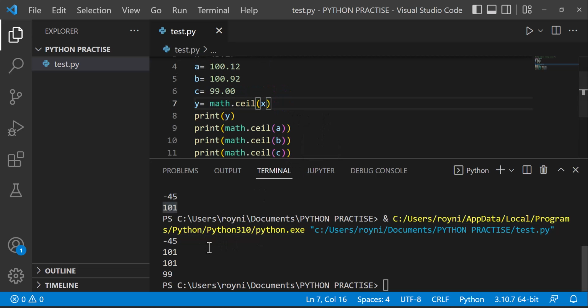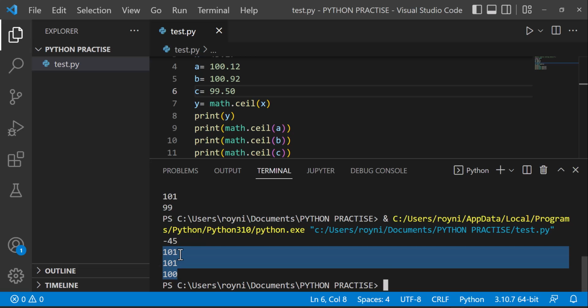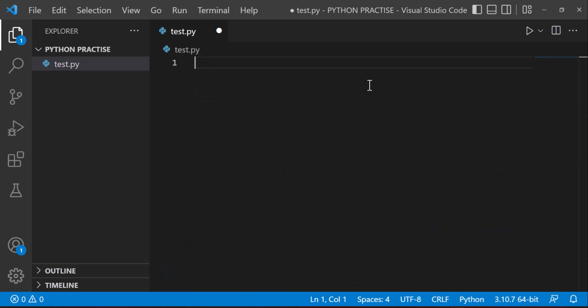See, firstly for a it is 101, for b also 101, because after 100, 92 is there, then 92 means 101. It is also greater than 100, so 101, and here 99 only. Okay, and if you put here 99.5, then again it will print 100. See here, like this the ceil function is working. Then, friends, next function is